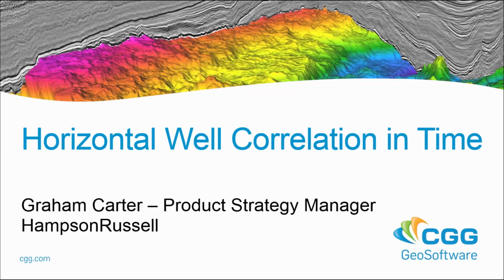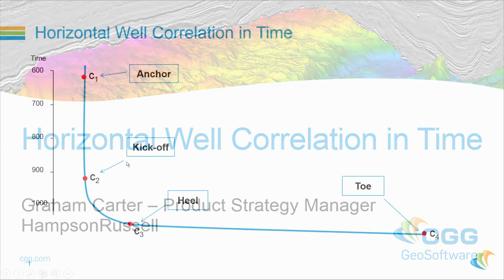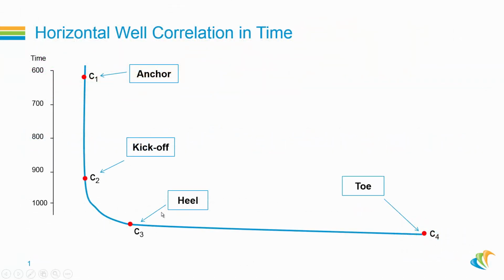This short video will demonstrate how to run horizontal well correlation in time, a new feature introduced in HampsonRussell 10.3. The well path is defined by 4 points: the anchor point, kickoff point, heel, and finally toe. Any stretching that is required happens between the anchor and the kickoff point, and the heel point can then be